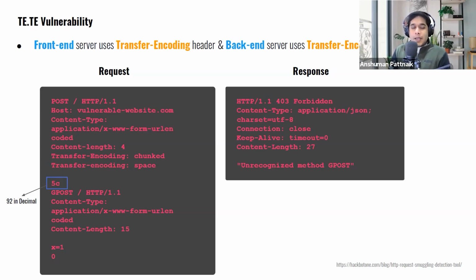As a result, the backend server will process the unprocessed bytes in the next request, and as always, the output will show the unprocessed method, whatever data was not processed in the previous request. So always, while exploiting an HRS vulnerability, first try to exploit CL.TE, then TE.CL.